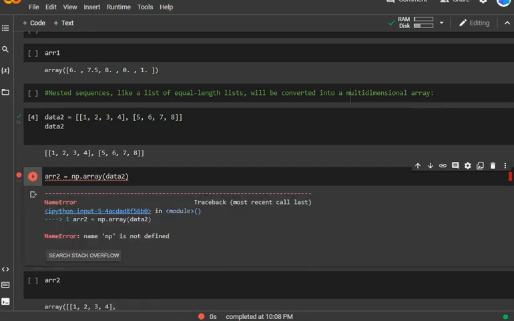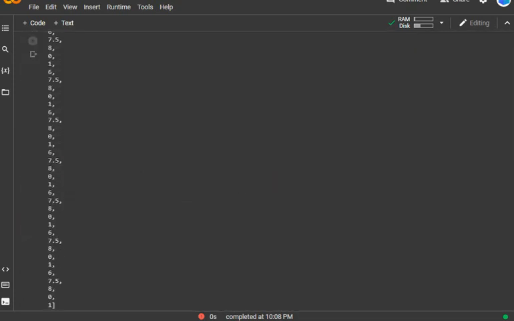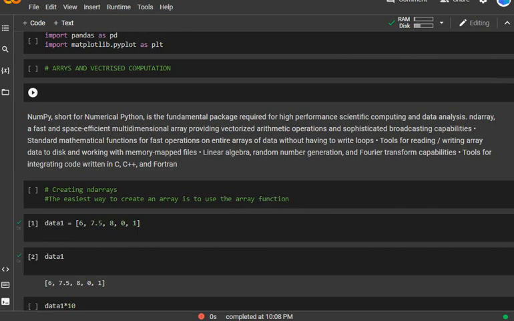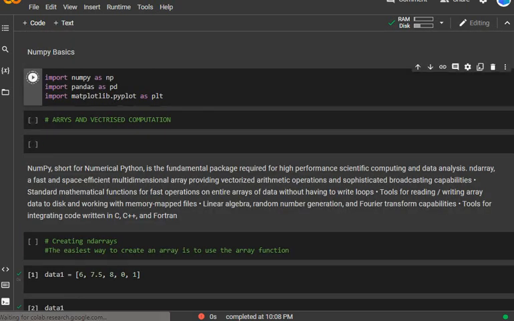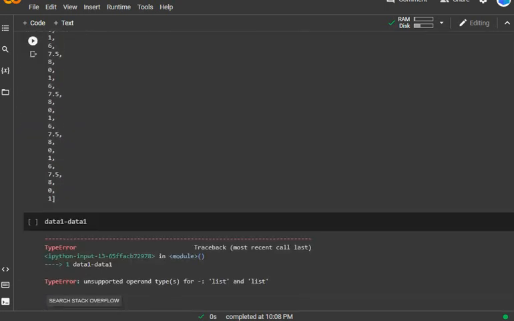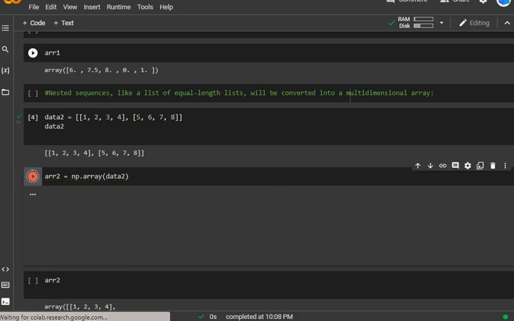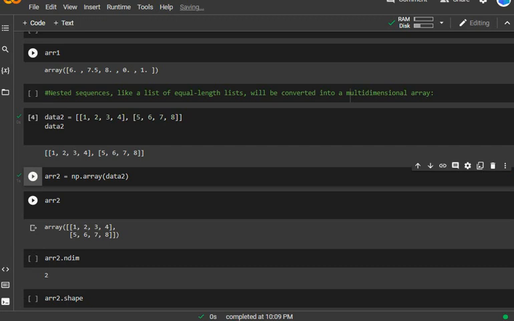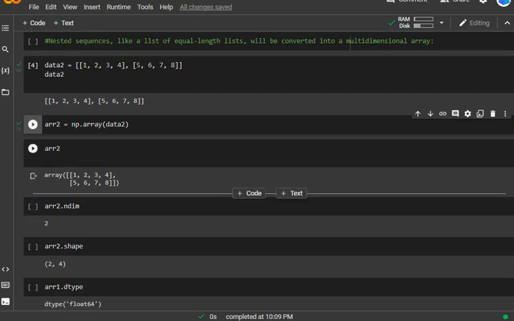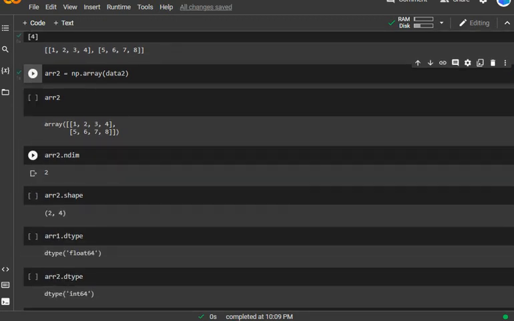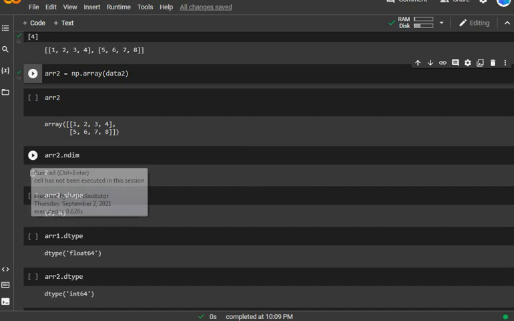Look here, it says np is not defined, which means we didn't run the import. So I think this has not been working. Now with the np library imported, it must work. Look here, np, and it will work this way. Similarly, for n dimensions, I want to see the total number of dimensions here.